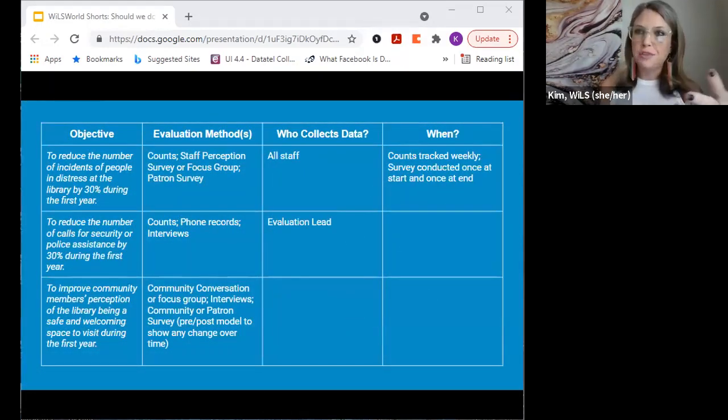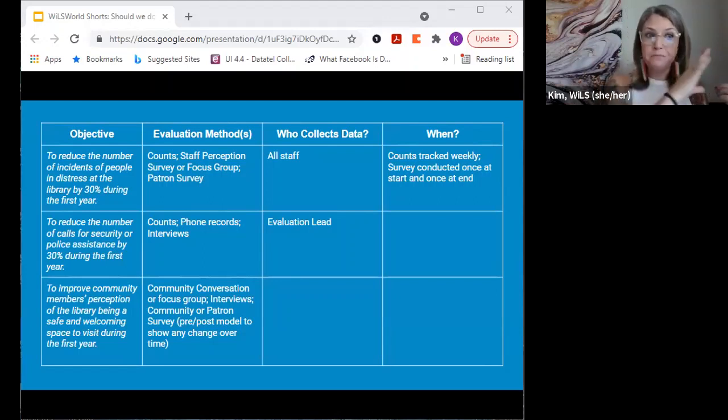And just making sure that everything you do nests inside the fact that it requires human power to get it done. So making sure it feels feasible and possible to get that done there. Similarly with a focus group, do you have someone who can facilitate those? Where are you going to find the people that you're going to invite to that? And accounting for all of that can really help you scope the project appropriately so that it aligns with the capacity that you have at your library as much as possible.